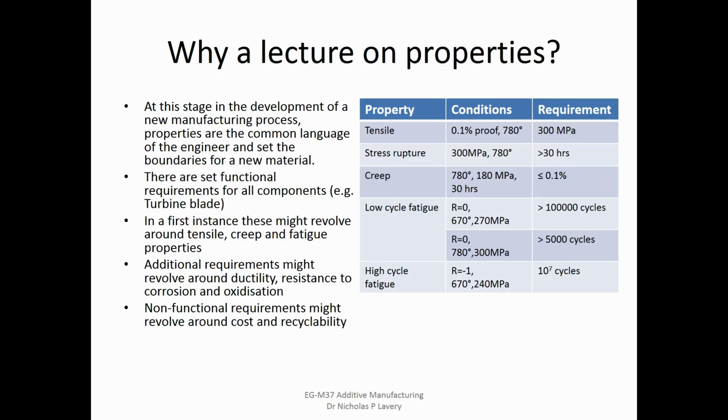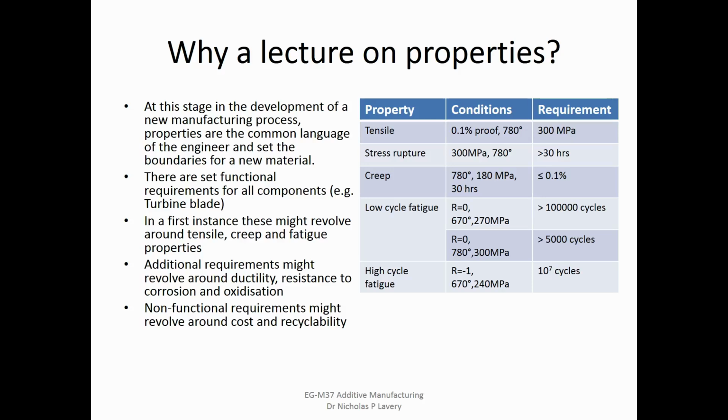So you might get typically a table like the one on the right there, where the company, Rolls-Royce or GE or whoever is developing the material, will tell you, we're going to replace the material you're using for that specific turbine blade with the material you're going to develop in your program, but we definitely need it